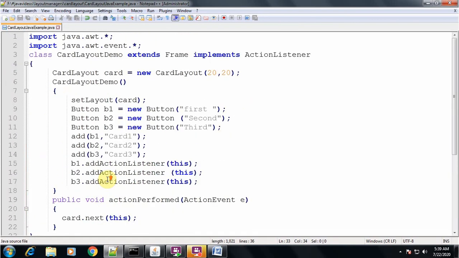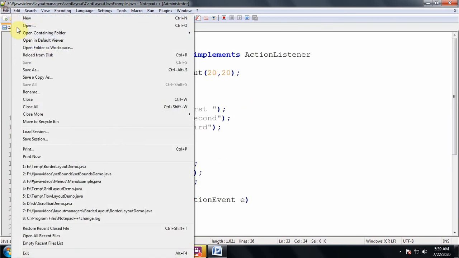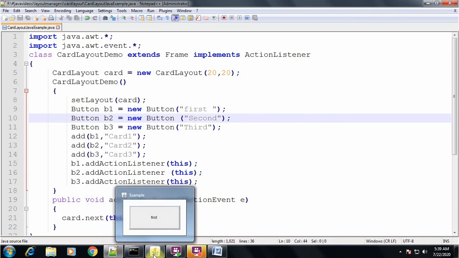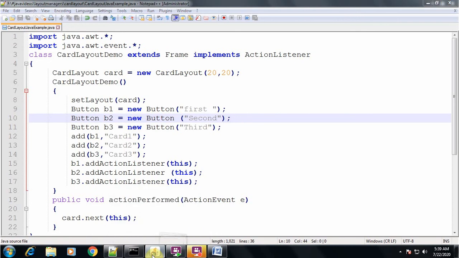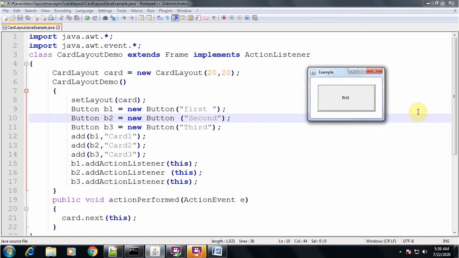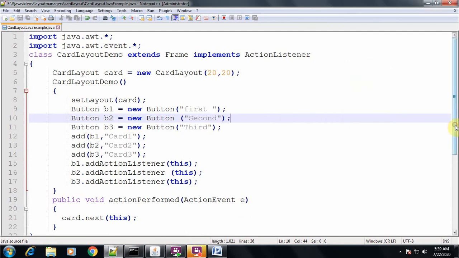Now we'll save this program, run it and check the output. This is already saved and compiled. I'll directly show the output here, and later on we'll make some changes and study what the next output will be.